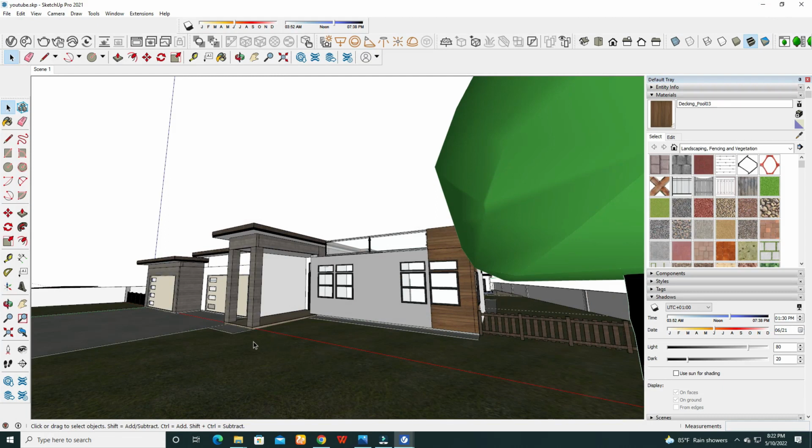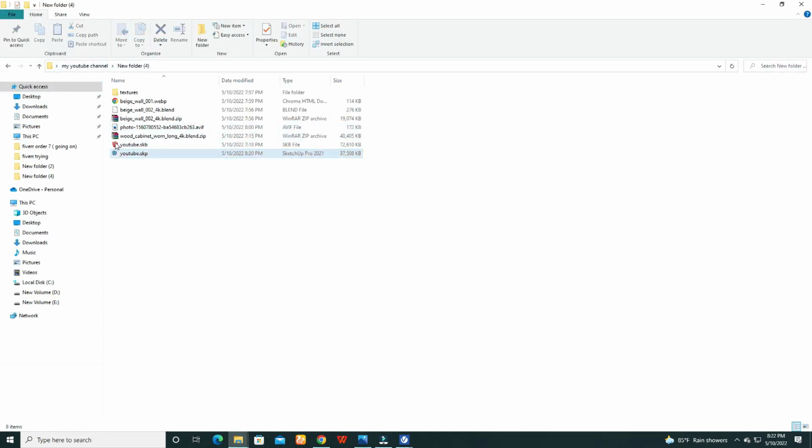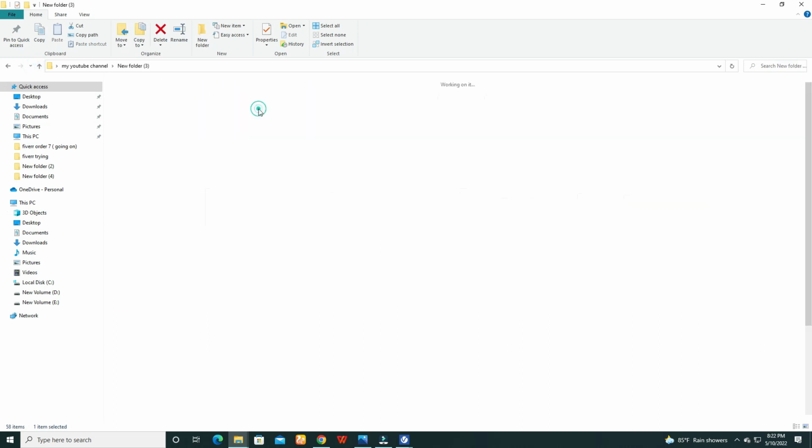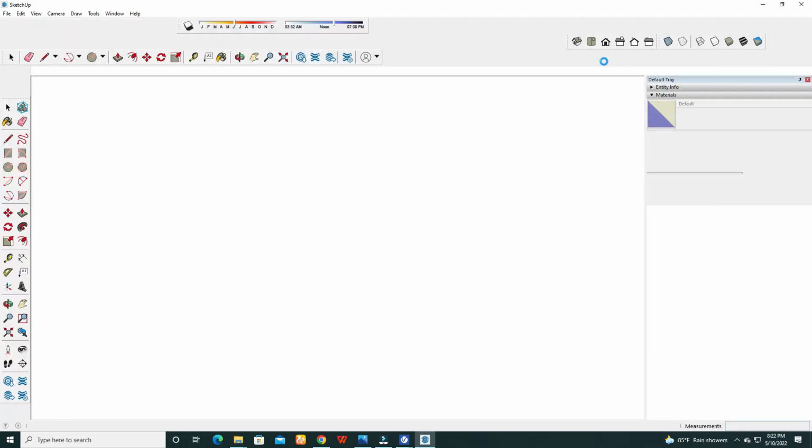adding trees from 3D Warehouse or some other model. I will show you how to save a model from some other model. For example, if I take one of these models, this is one of the SketchUp models that I found from 3D Warehouse or some other place, I don't remember, but I will show you how to save a tree or any other object from an existing model to your model. The first thing you need to do is open that one, then